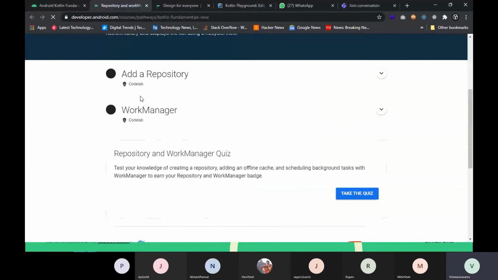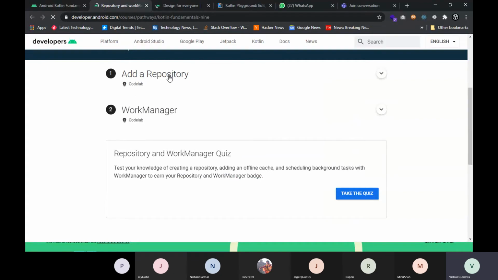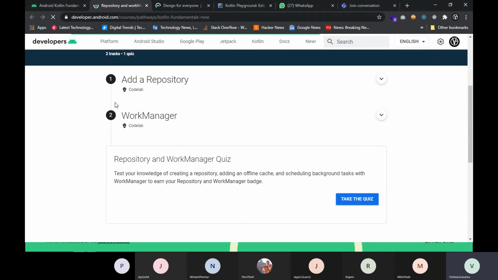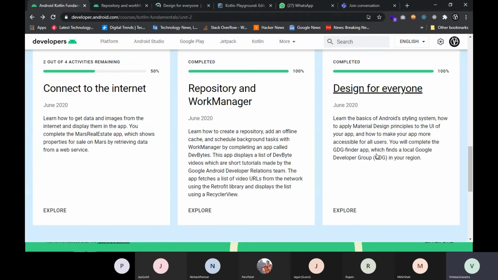In this pathway, basically you will learn what a repository is and what a work manager is, and there won't be any application inside it. And lastly, the last application you will be developing will be a GDG Finder app, that is the Google Developer Group Finder app.